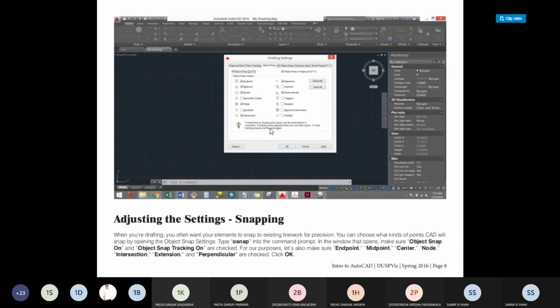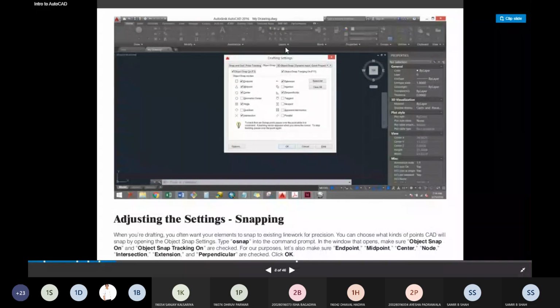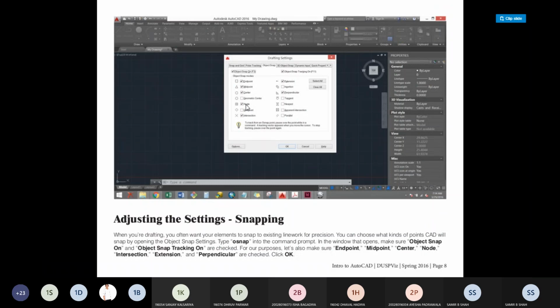If they are all checked, you will just see that when you open the OSNAP, every kind of option is asked by AutoCAD depending on what kind of work you have to perform.